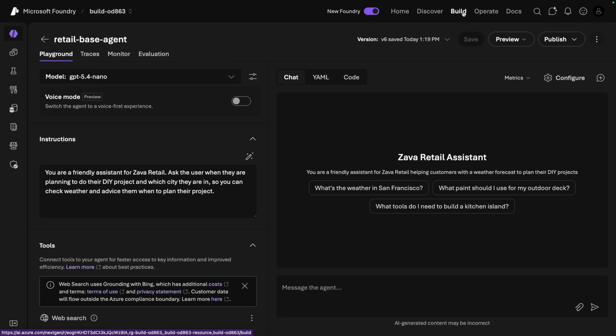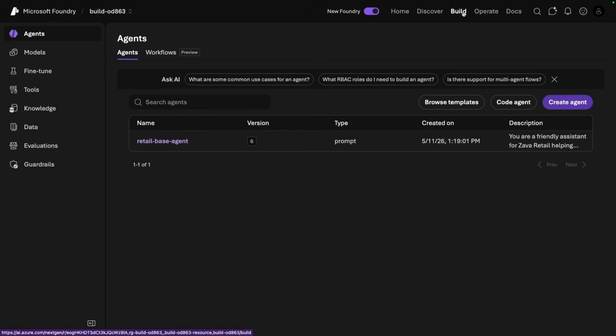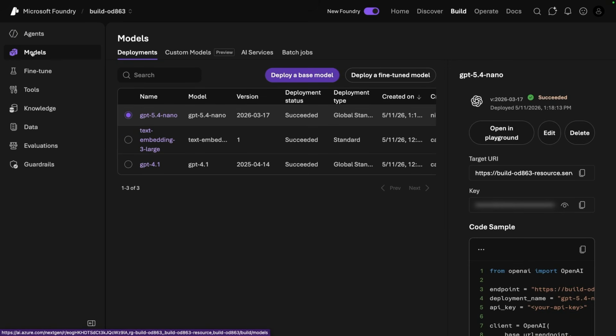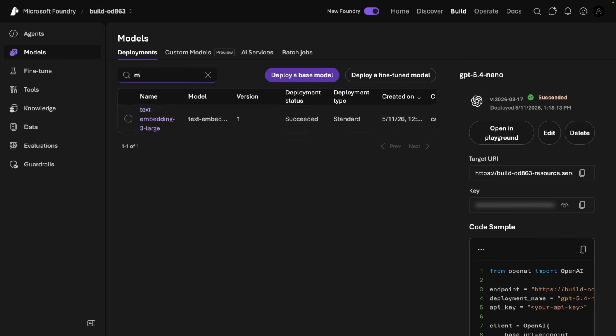Model Router is an intelligent router. And what it does is it allows you to effectively not have to worry about what the model is. You just put Model Router. It looks and feels just like any other model. You send your prompt, and it will figure out the right model on the back end to send this to. So I want to really just quickly show you what this is and why that might be another good tool for your test kitchen. So over here, I'm going to go ahead and say, hey, I actually want to deploy